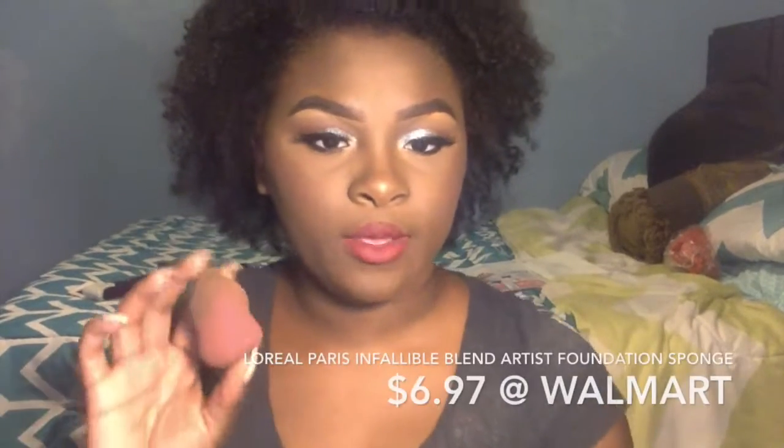Number 4, what I want to talk about is the L'Oreal Infallible sponge. I love this sponge. It is not huge right now because I didn't soak it. I just sprayed it with some setting spray when I applied my concealer. But I love this sponge. I've heard people say that it is an actual dupe for the Beauty Blender, and y'all, straight up, still to this day,